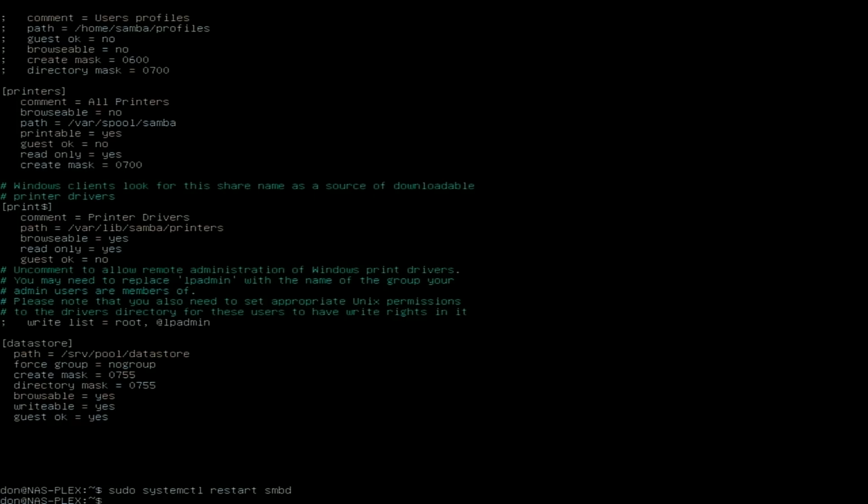So we are set up with this. I do have to fix a folder structure issue. So before we finish this up, we're going to do sudo chown nobody:nogroup /srv/pool/data store. That way that folder is writable by nobody and nogroup, and when we write onto it with our guest account, it's going to be nobody nogroup, so it's going to work out that way. All right, now that we've set up our Samba share, we're moving on to the next one, which